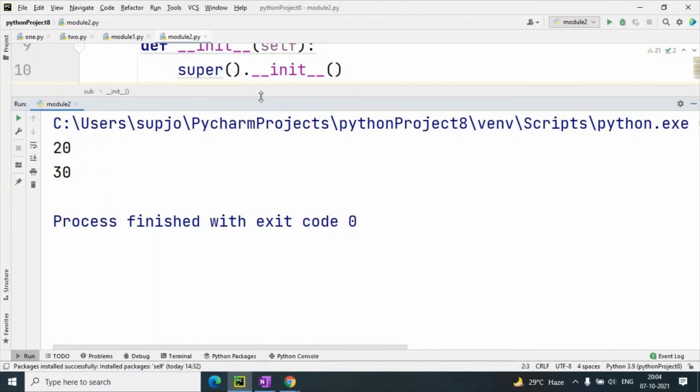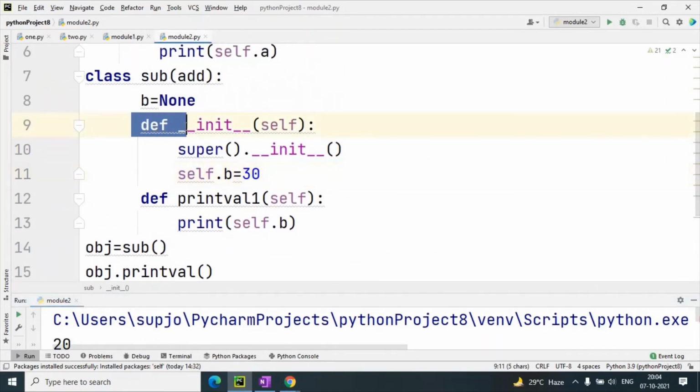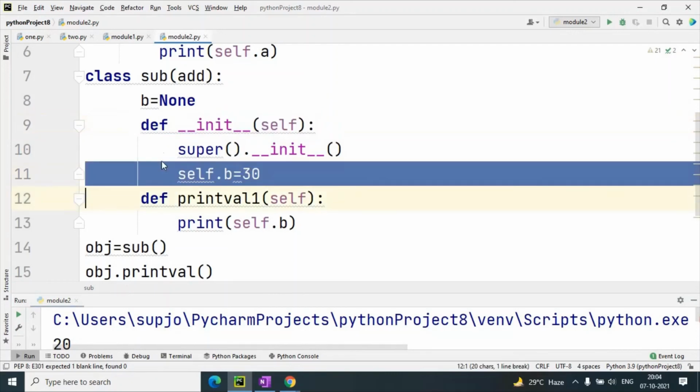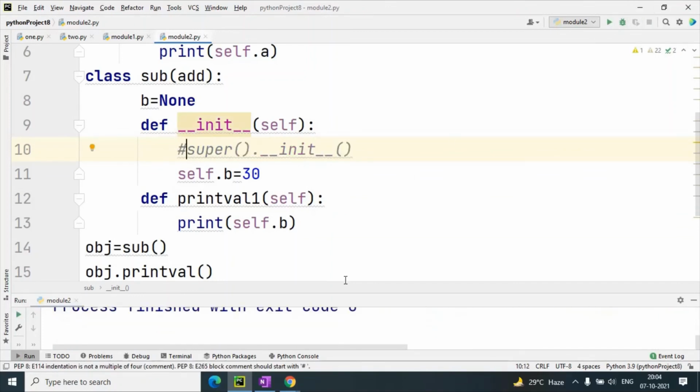So with the help of this super function in the derived class constructor, I have used the super function which will call the constructor of this base class. This is the constructor of the base class. So this solution comes with the help of the super function. Without it, if I do not use this, you can see the initialization value of a is None.